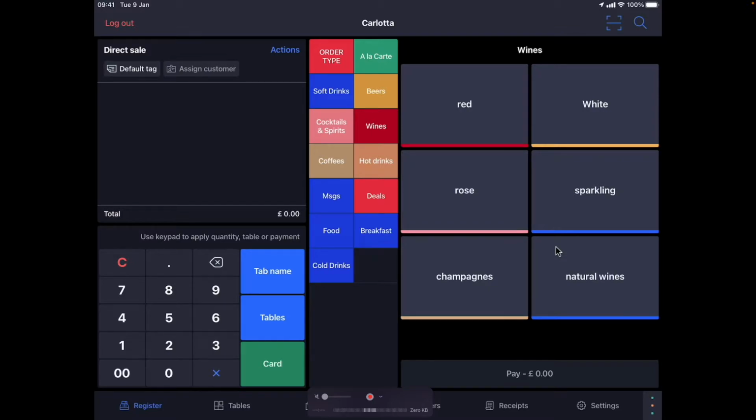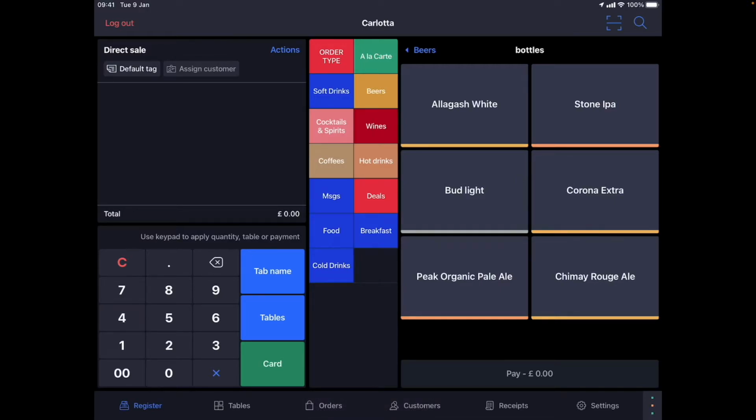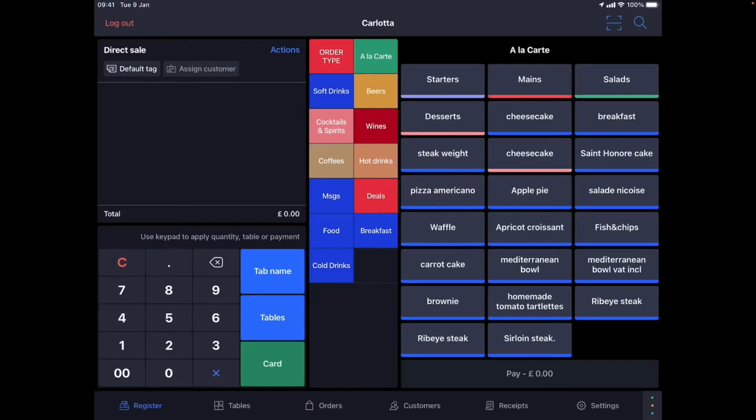You can only have a maximum of 20 main screens, so make sure you study the construction of your menu carefully to limit to the essential. In each main screen, you will find buttons that are basically your items that you've added on your back office. We advise you to limit yourself to 20 buttons. You can have up to 36, but the more buttons you have, the smaller they will be, and you will